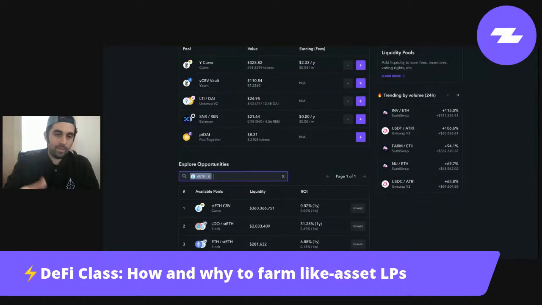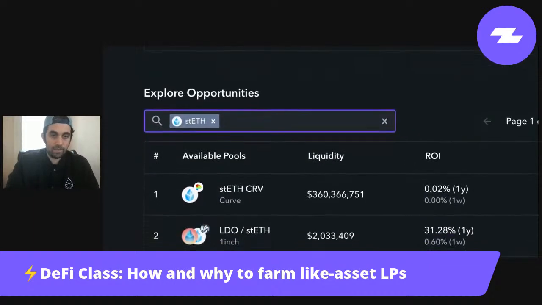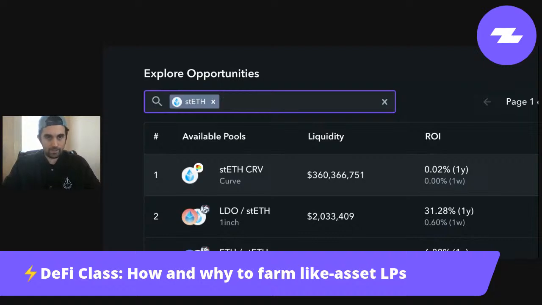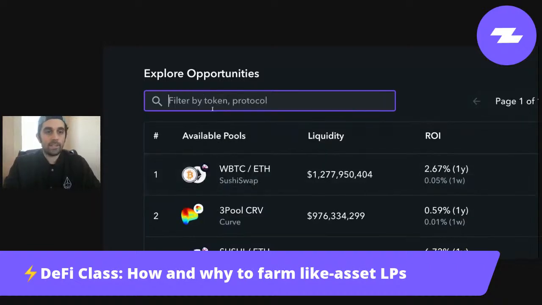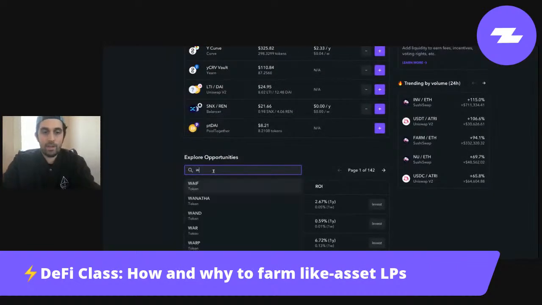So this is why the TLDR of this is that like asset pools mean that I have a reduced risk of impermanent loss, because these tokens go up and down together in price. They're essentially equivalent, and so I don't have to worry about the impermanent loss. I'm still exposed to the underlying tokens here, which in this case, if I'm long Ether, I get to remain long Ether, or I get to remain long Steth, or I get to sit in stable coins, or I get to sit in, let's say, wrapped.